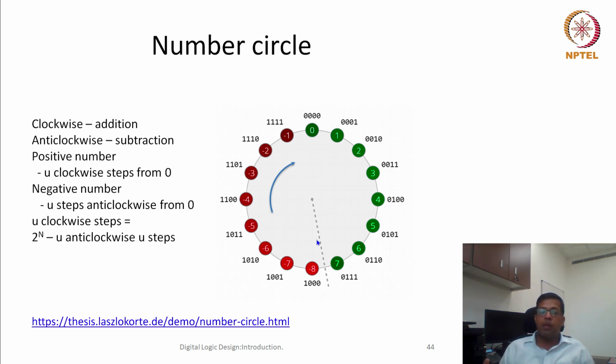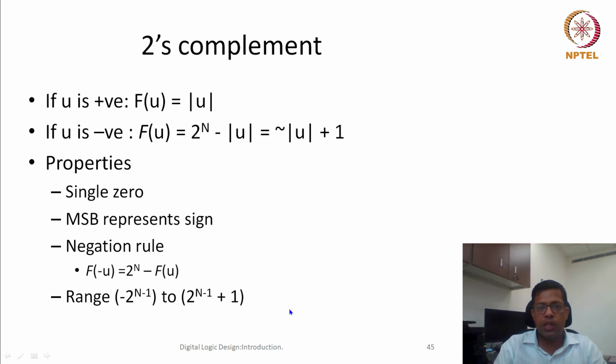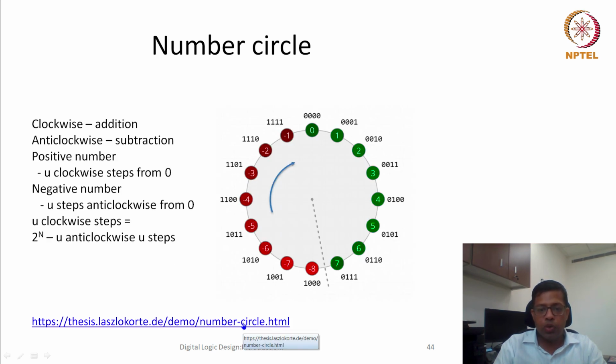That's a very magical property this particular circle has. Because now addition can be represented using subtraction, I can do addition using subtraction or subtraction using addition. This makes my life simpler and easier. There would be only a single representation and only a single way of adding or subtracting numbers. Okay, I'll quickly break this presentation to see this number circle, and then we'll get back to this presentation.